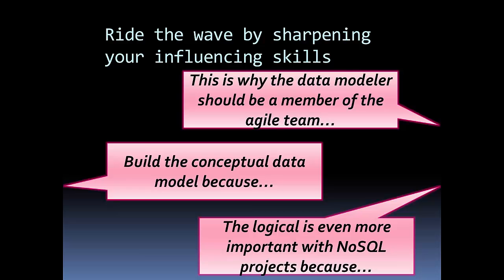So in addition to coming up with templates, in addition to being able to create decision trees, another way we could ride the perfect wave is by sharpening our influencing skills. We're going to need to become better and better at convincing project teams of doing the right thing, of when to use templates, when to use agile, when to use the cloud, when to use big data techniques versus traditional techniques. And so we have to work on our influencing skills, something outside of technology. These softer skills are really, really important.